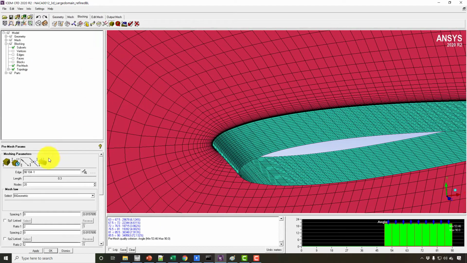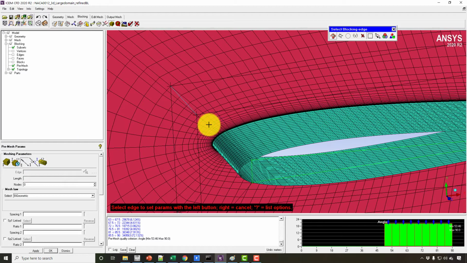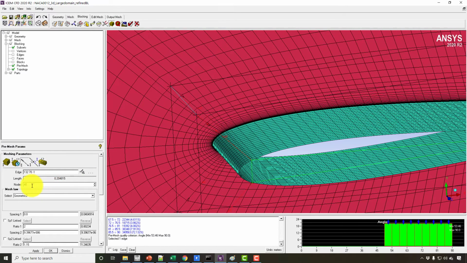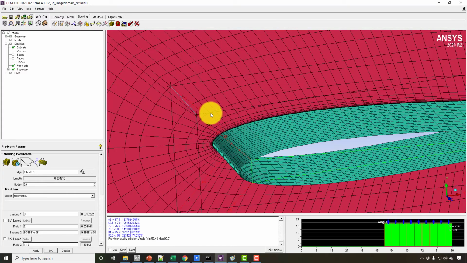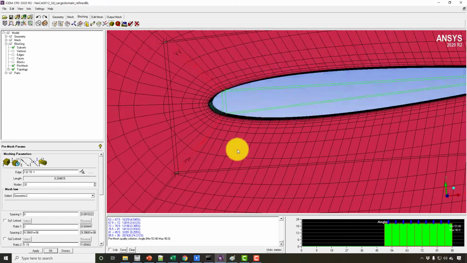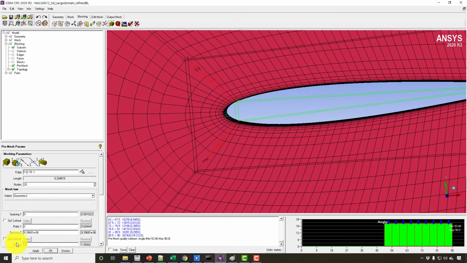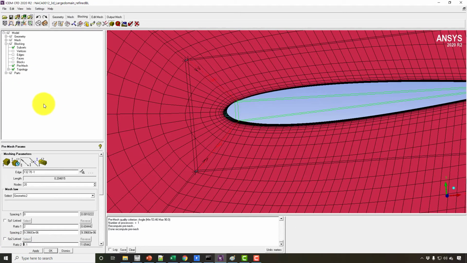Okay, the only thing I can think of is that you can decrease the number of nodes here. So instead of 40, we can make it 20, and again check the mesh after recomputing, and it will look like this. So we can put the ratio as 1.1 and again recompute.